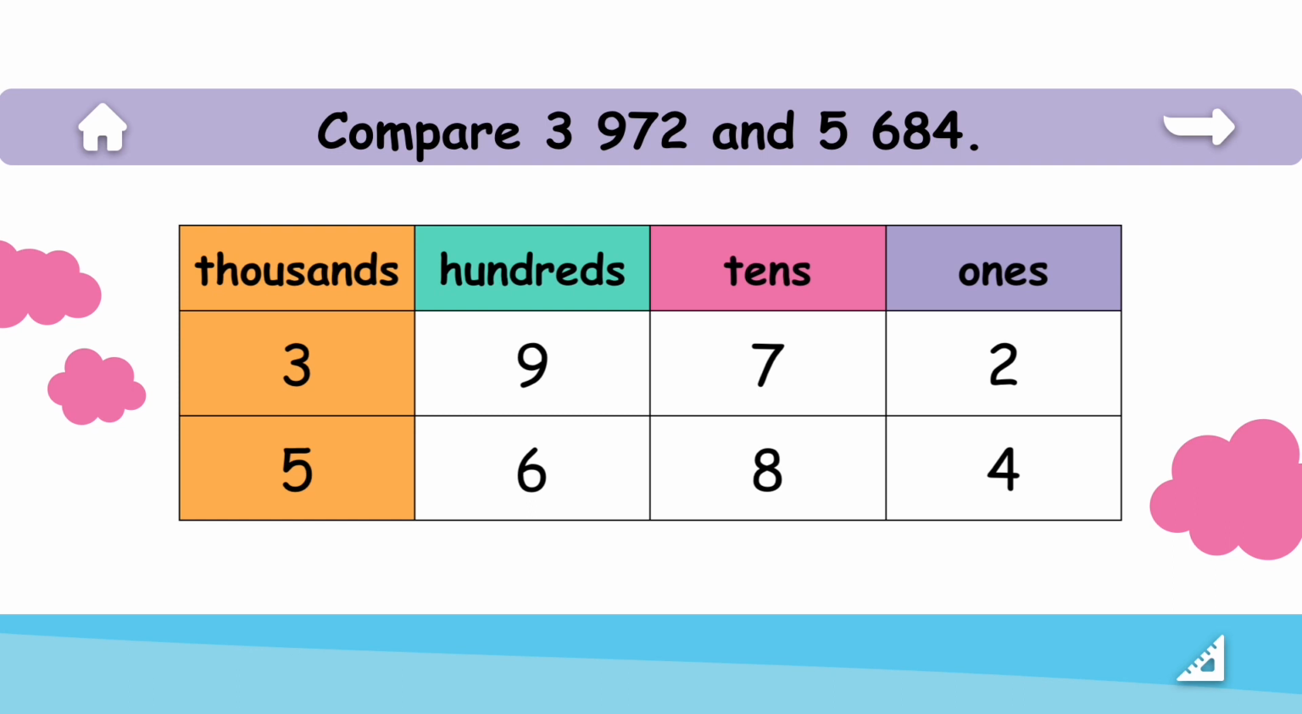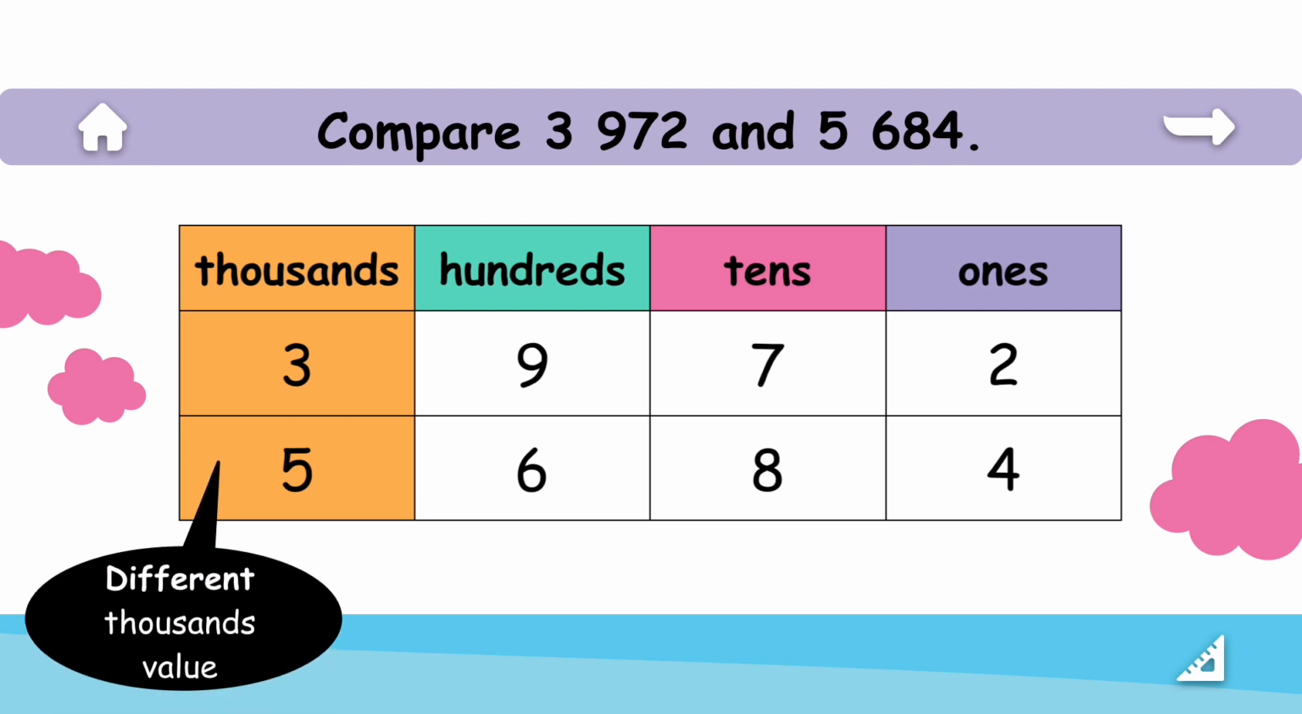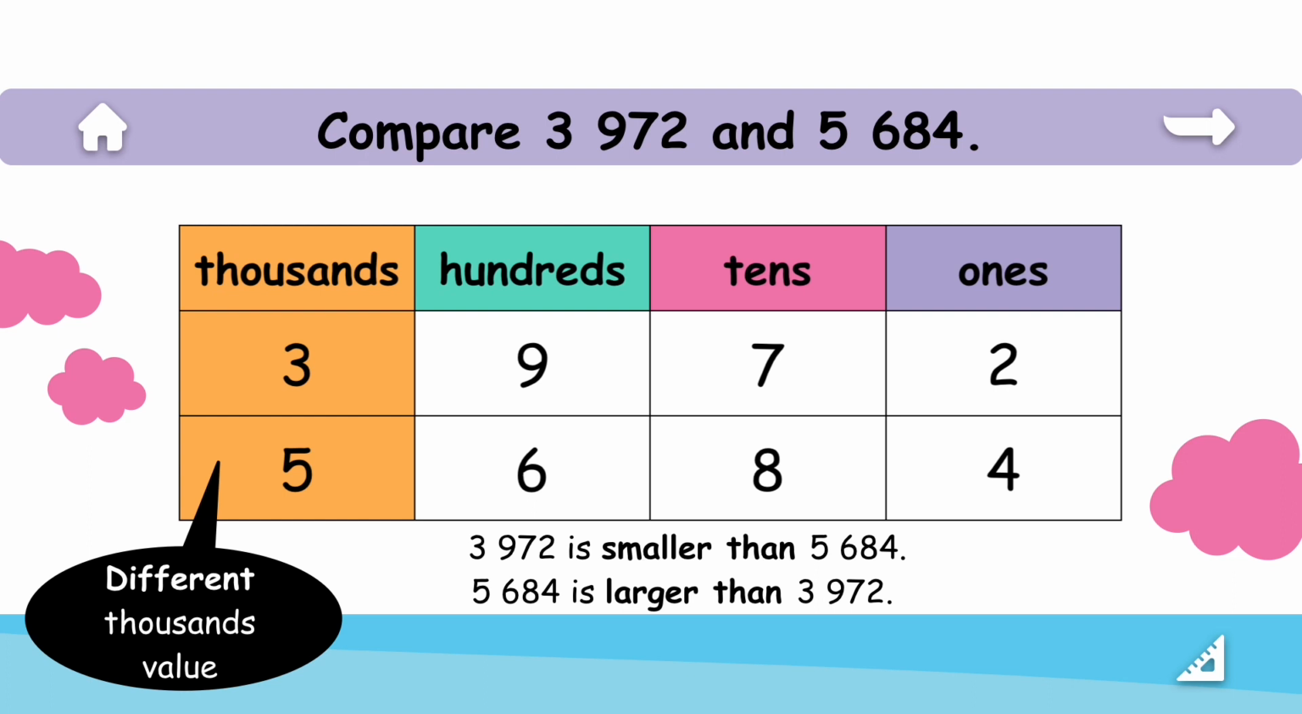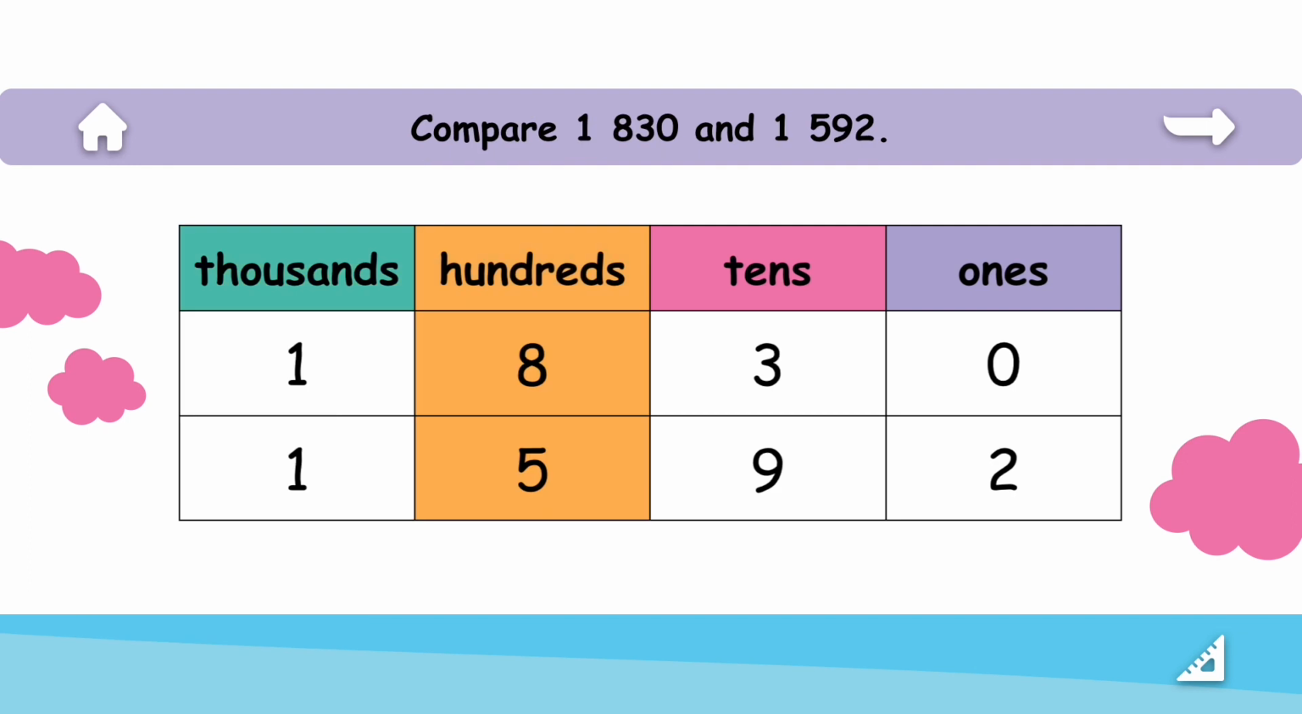As we can see, the first number is 3 and the second number is 5. So for a different thousands value, the larger the digit is, the larger the number is. So we don't need to compare the next values, which are hundreds, tens and ones, because we already know from the thousands place value. For this example, 3972 is smaller than 5684 and 5684 is larger than 3972. Now, let's compare